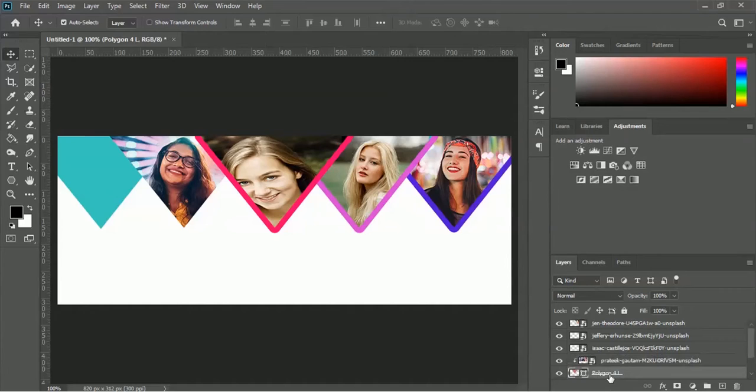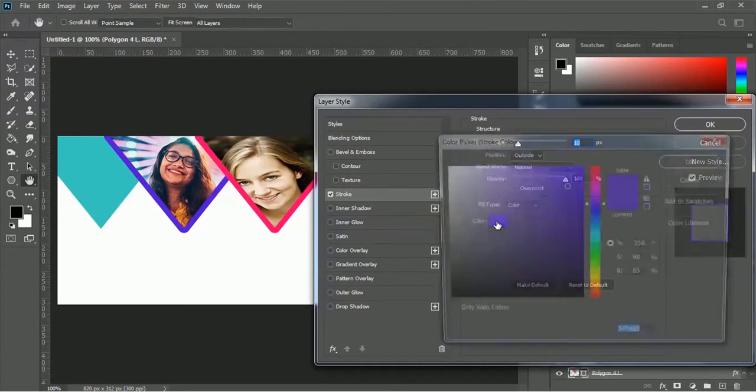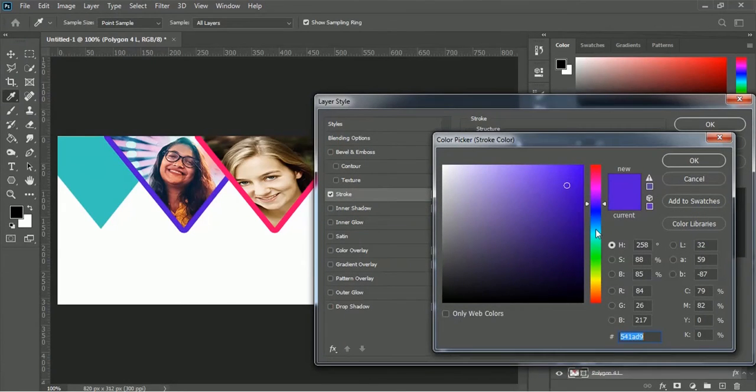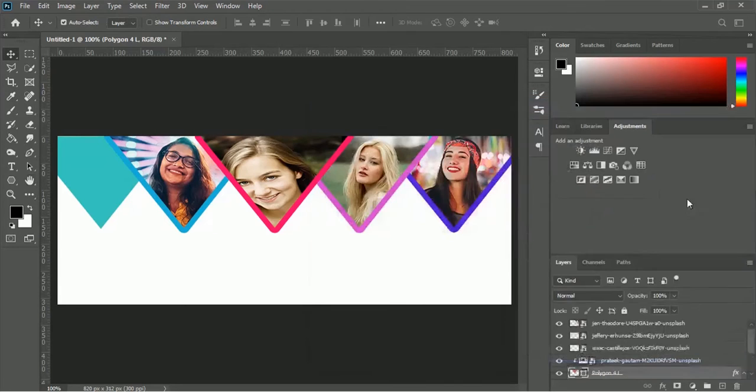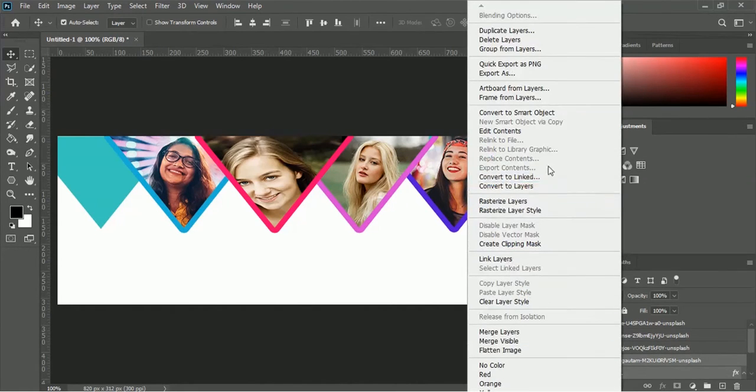And now we will select the Polygon 4, and we will add a stroke. Now we will change the color. Let me click OK. Okay, and now we have to convert this 2 layer into smart object,